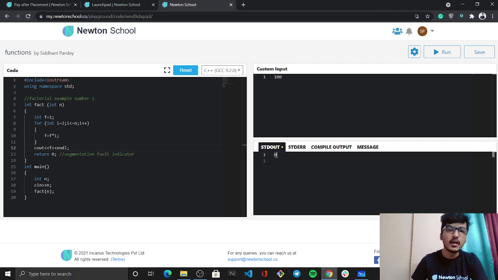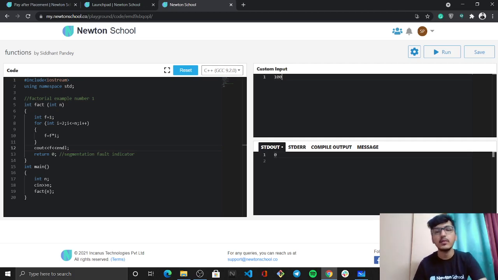Because to calculate the factorial of 100, when we go to bigger or larger numbers like 100 and so on and so forth, the number becomes greater than 10 to the power 18. Now this brings us back to the concept of data modifiers. What we learned in case of data modifiers was that whenever we are dealing with very large variables whose storage capacity has to be very high,